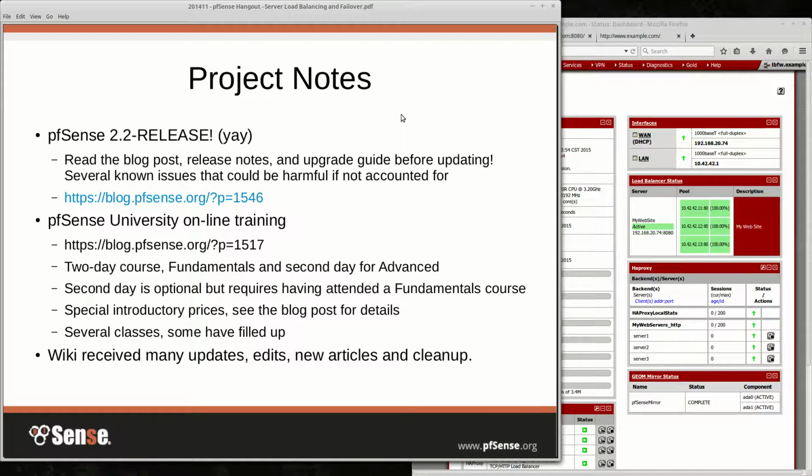We do have a 2.2.1 release following it up to fix a couple of things, but just by the nature of the beast with the gigantic base operating system upgrade we did, some things are going to react a little bit different depending on your hardware. The forum's a good place to look as well. But for most people, it's been pretty good, aside from a couple of rough edges, and we're seeing a pretty big uptake on it so far.